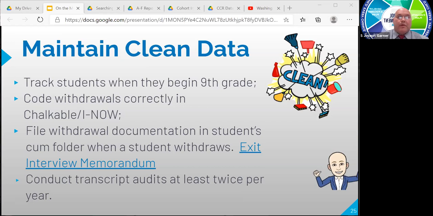ensuring students are on target to graduate, credentialing and CCR. Avoid students taking the same class more than once. Keeping valid records, doing the transcript audits helps with advisement, helps with obtaining a credential, helps with ensuring that students stay enrolled in school, and it helps them to understand that there is someone at the school that genuinely cares about them. You can use that transcript audit to do advisement and goal setting for the young men and young